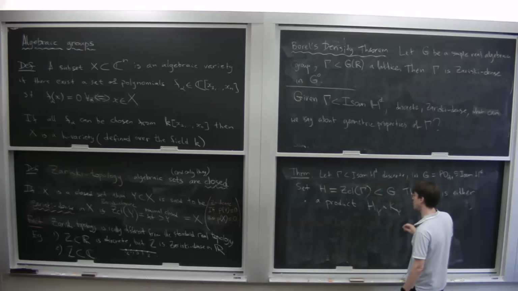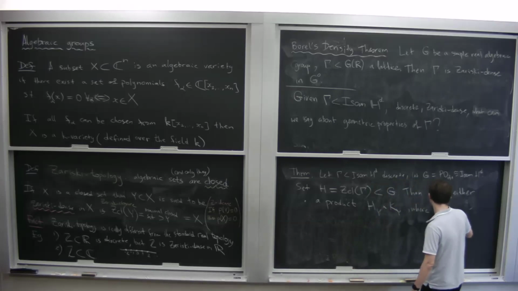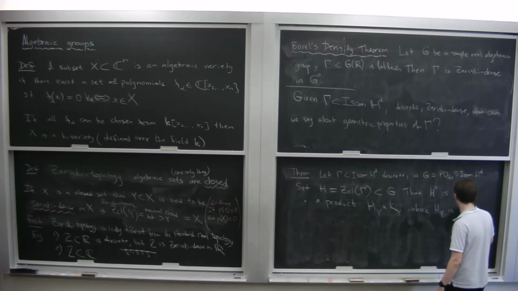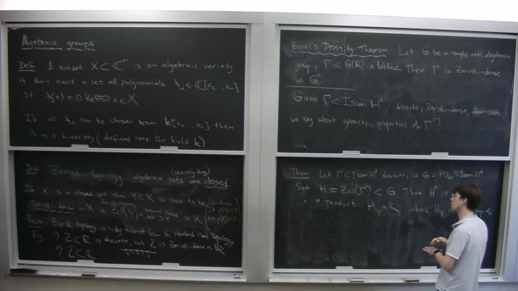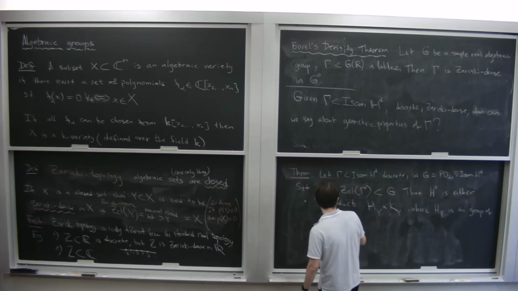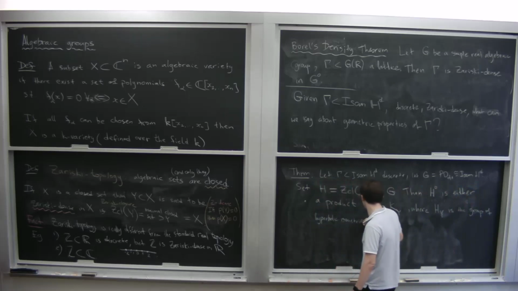Let me write it this way. So it's a product where H_Y is the group of loxodromic, of hyperbolic isometries, the group of hyperbolic isometries